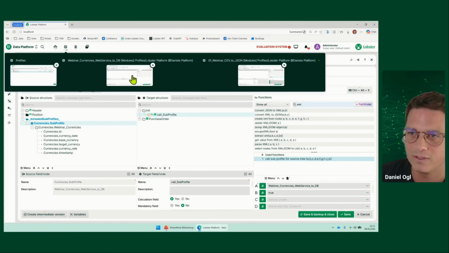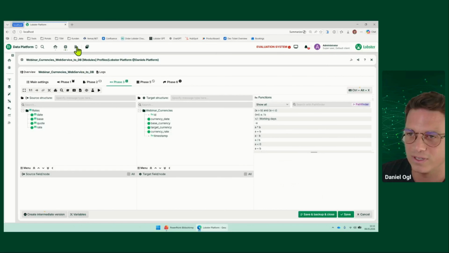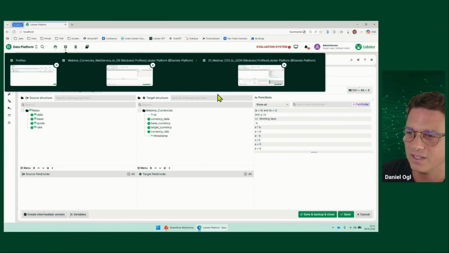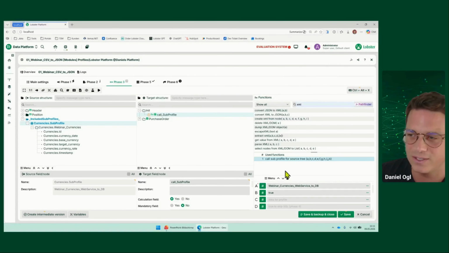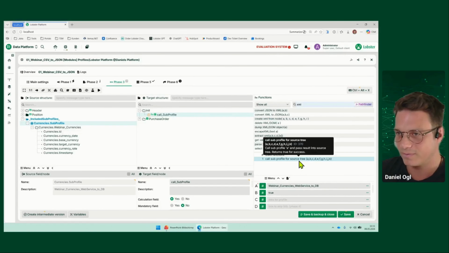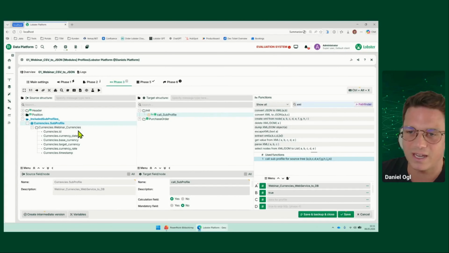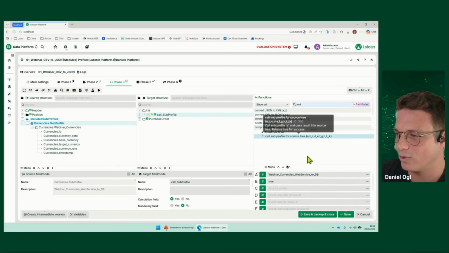You remember? Let's go back to it. This is the target tree. And now I have it on the source side. So that means as soon as this field is entered, the profile is triggered, will do his magic and fill the whole source structure here. And what you also see here on this field is now he placed a function called subprofile for source tree